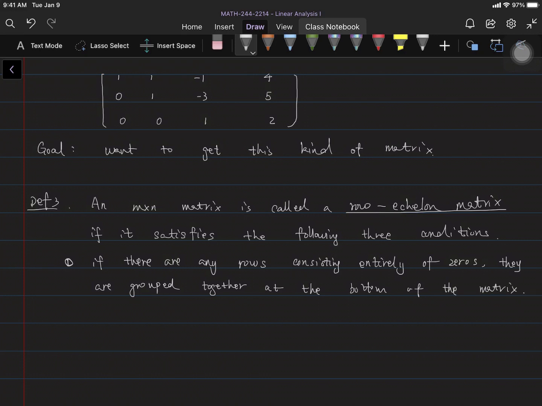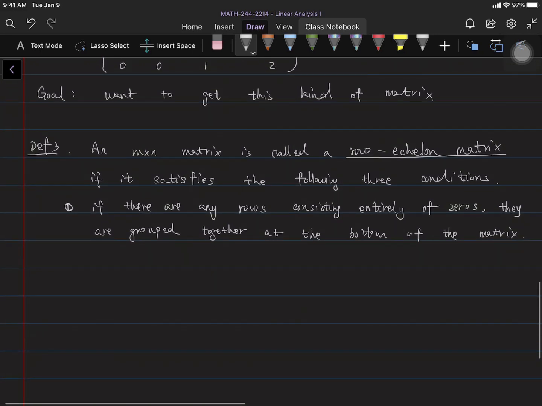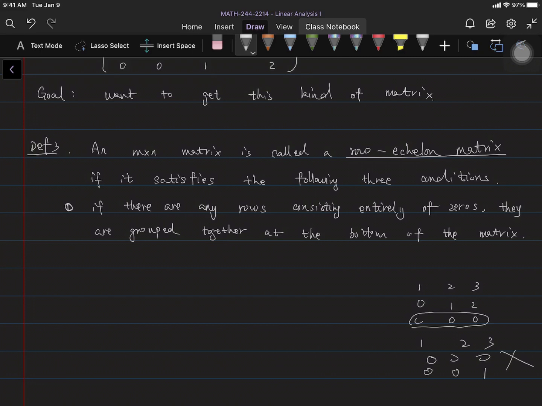The first condition. So what's the meaning of that? If we have a 3 by 3, it's something like this. If we have a row with all zeros, it has to be at the bottom. So we cannot have 1, 2, 3, then 0, 0, 0, and then another row of numbers. This cannot be the case. The zero row has to be at the bottom. The first condition. Second condition,